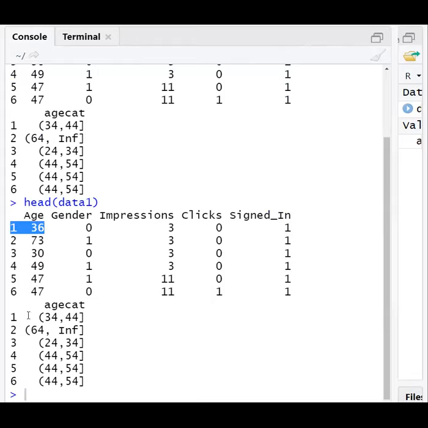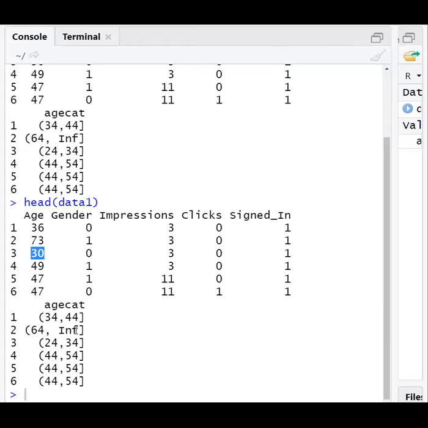What is its category? Its category is 34 to 44. Second one, 73. It is 65 plus, so it is 65 and on the other side we have infinity. Then third one, 30. So 30 is between 24 and 34. Then 49 is 44 to 54. Then 47 is again between 44 to 54.